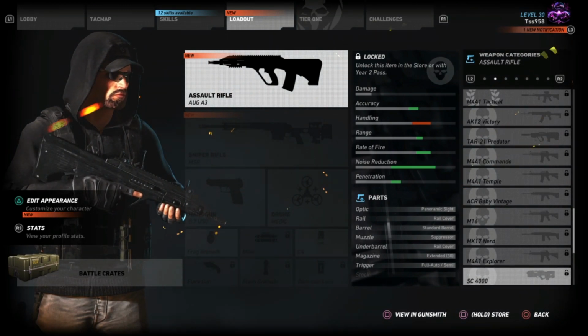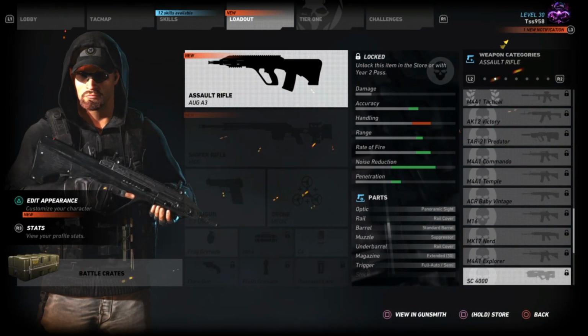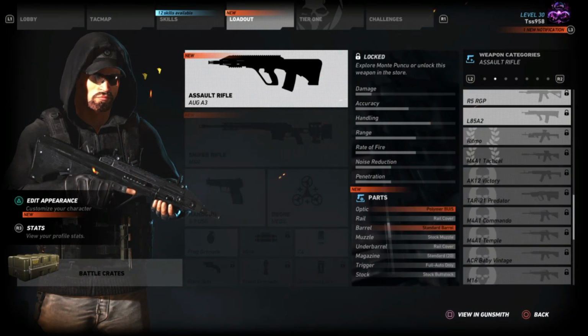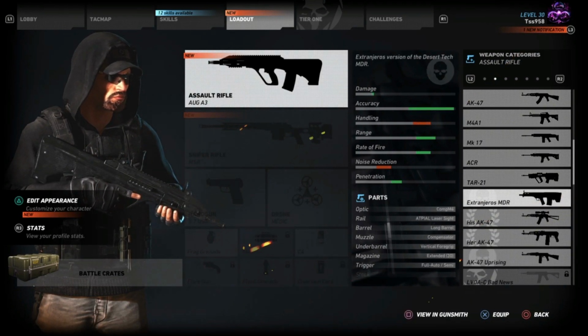SC4000. Seems to have really good stats on it. I need to find that gun, and maybe I'll make a video about it later on. But as of right now, I don't have it unlocked. So anyways, we're going to go back up, and we're going to switch to what appears to be